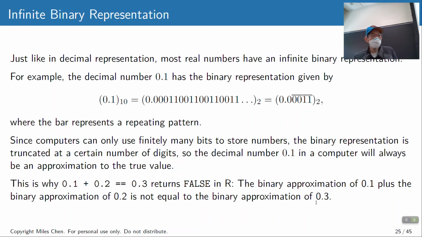Okay, so a lot of numbers have infinite binary representation. Just like in decimal, 1/3 has an infinite decimal representation of 0.333 with 3's going on forever. In binary, a lot of numbers will have infinite binary positions. So to get something like 0.1, 1/10 represented in binary would be